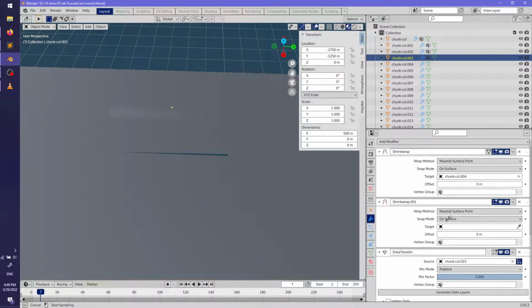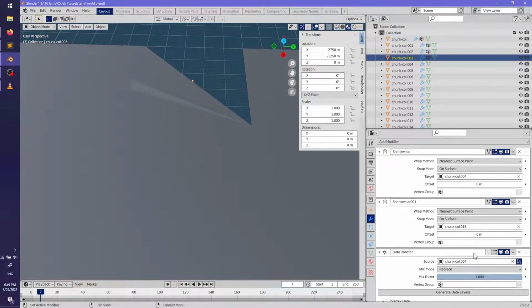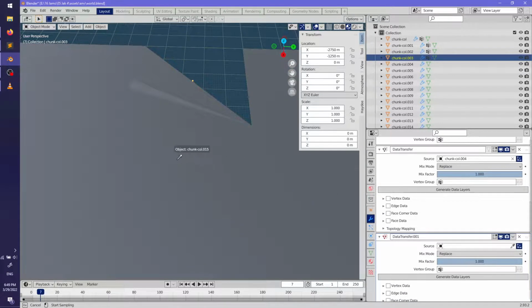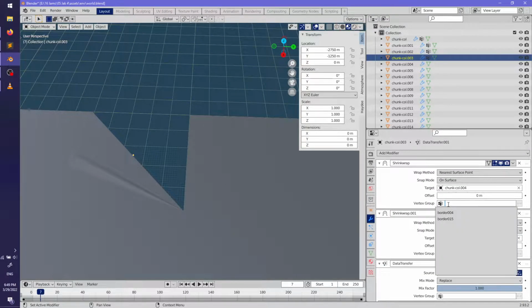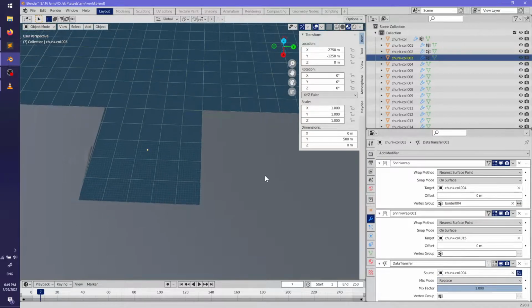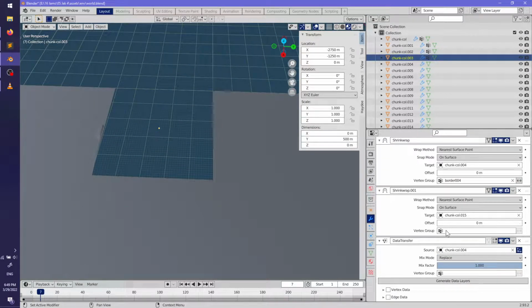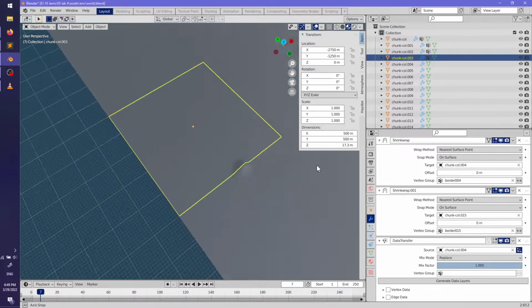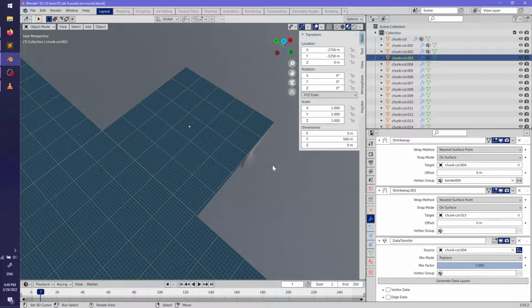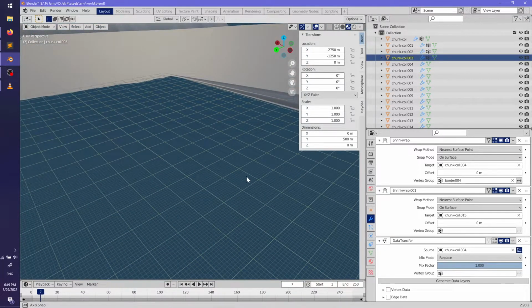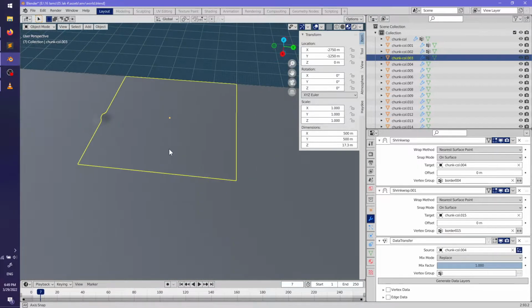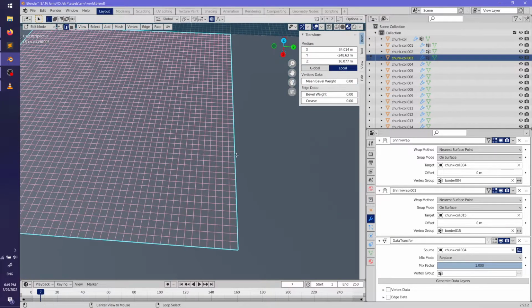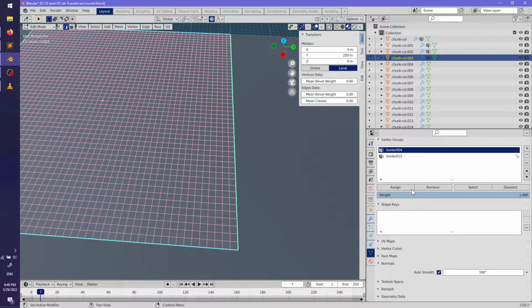Did I do that? I did that wrong. This cannot be that. This should be that one. And this should be that one. And because I'm doing this in different orders each time, it should be more obvious what each thing does. You see, the vertex group makes it so that it snaps to the right place. If I don't have this one, all of the mesh goes to that side, and so you can see it's all stretching all crazy. But if I just set it to that vertex, did I actually set those right? I don't think I set these right.